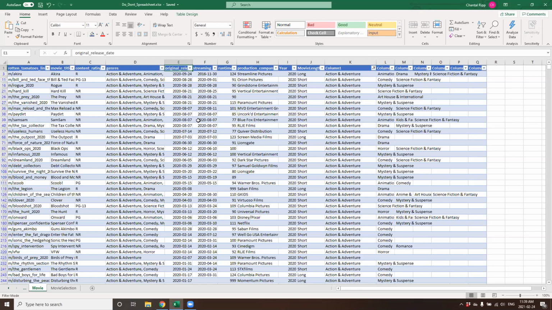Another example, other than a movie data set: if you're compiling budget expenses, for example, each expense could be a row, or if you're doing survey analysis, for instance, each row would represent a respondent's responses to your survey.